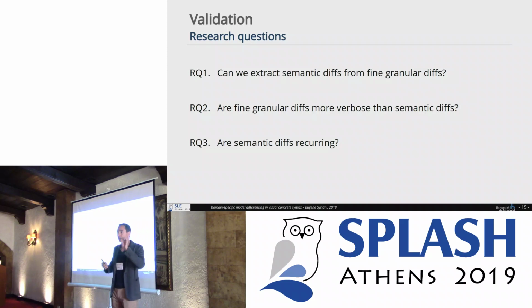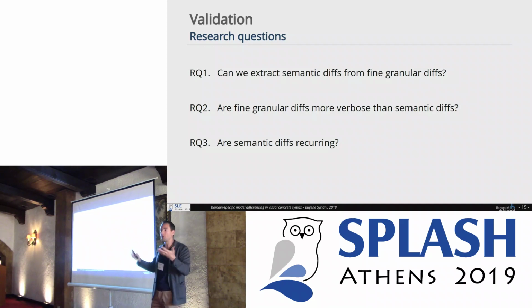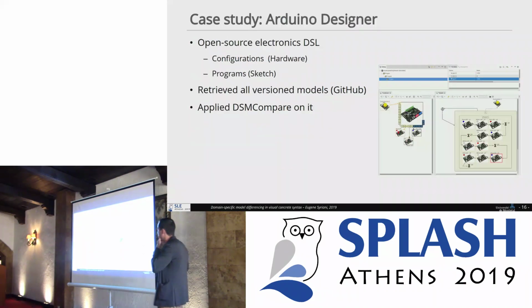So it's not something that you find only for the difference between these two models, but something between more models. If I have 10 versions of a model, I might find the same semantic diffs between more than two models. So for that, what we did is we looked at a third-party